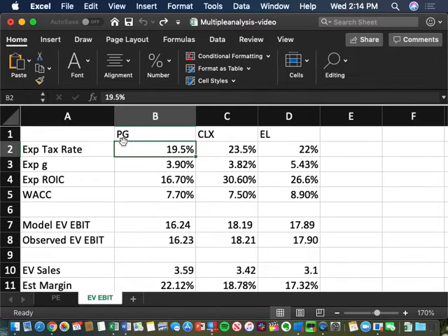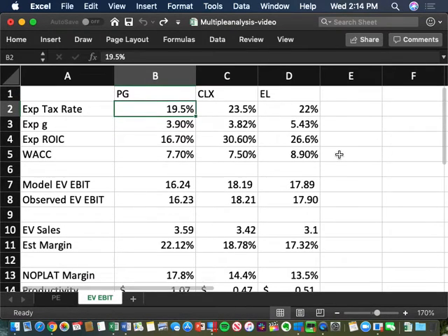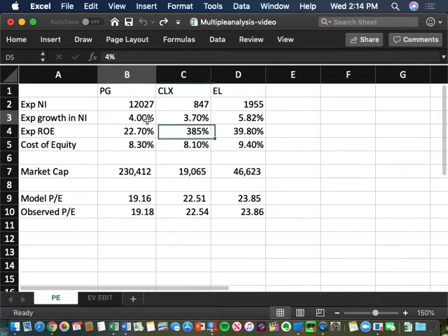Again, we have now tax rate, ROIC, and WACC driving our EV to EBIT, solving for G's. And what we see at the top of the page is that basically Procter & Gamble is trading at a discount to Clorox, mainly because even though the lower tax rate should be helping them, and from an operating growth, so remember, the PEG, the growth here,